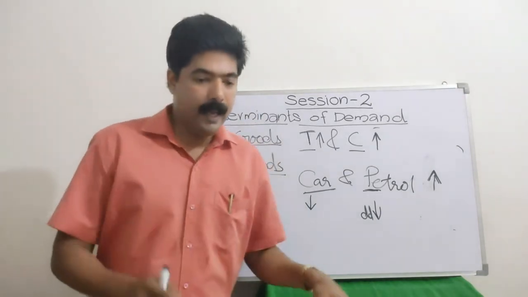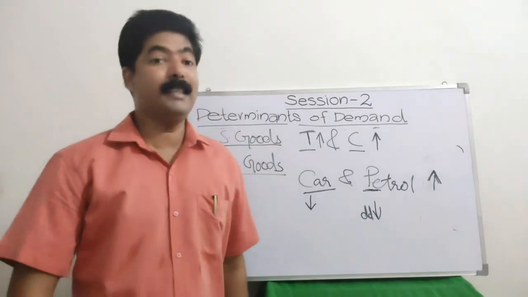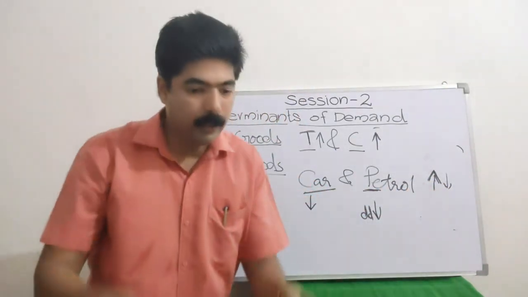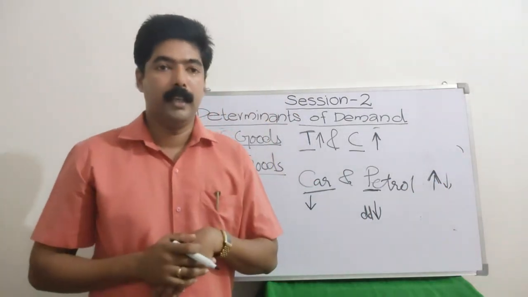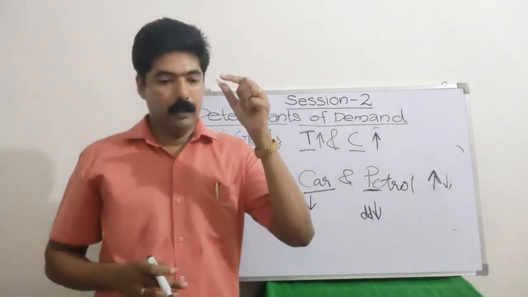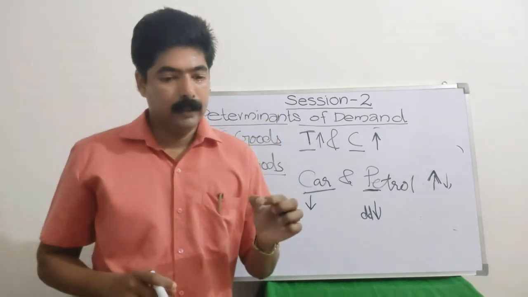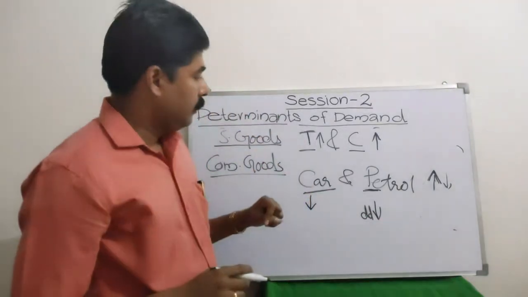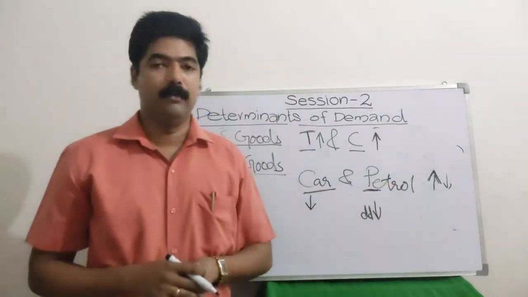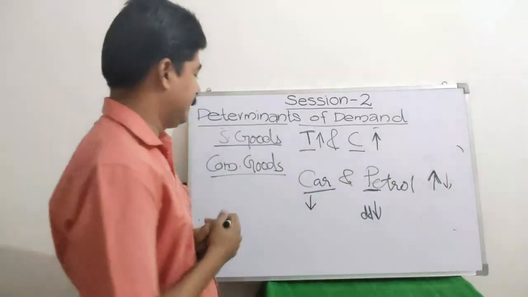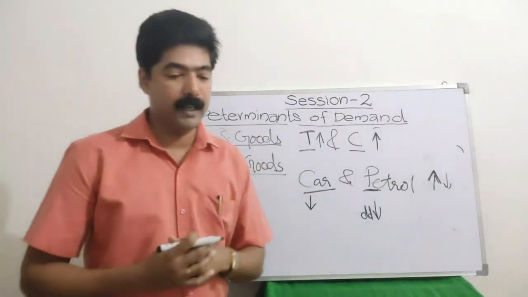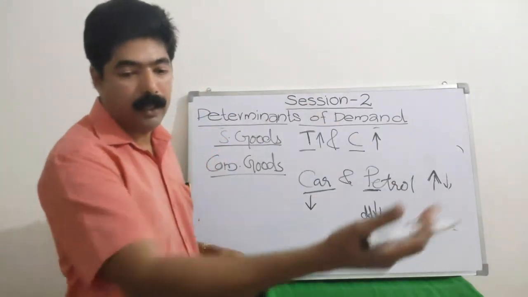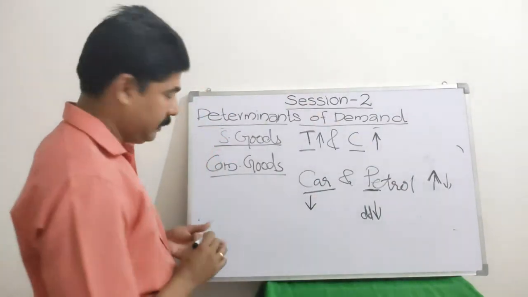For instance, either an increase or decrease in the price of petrol can cause demand to decrease, not only for the car but for the petrol also, both the things. So this way it is related. So these are complementary goods and it's a relation. Clear? Okay. Now we move to the next determinant, that is